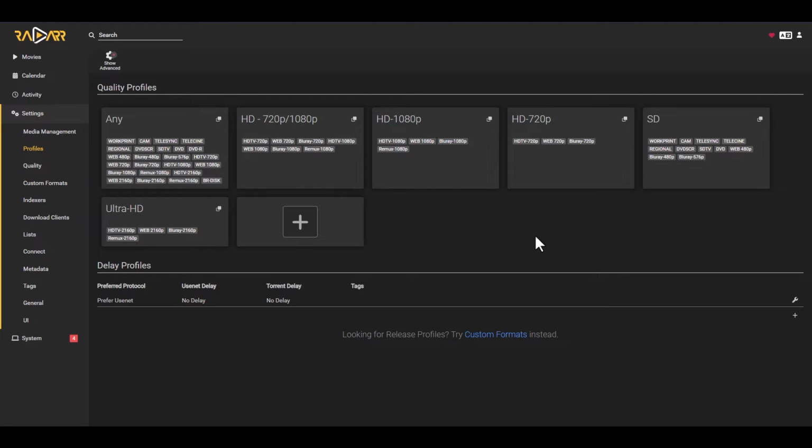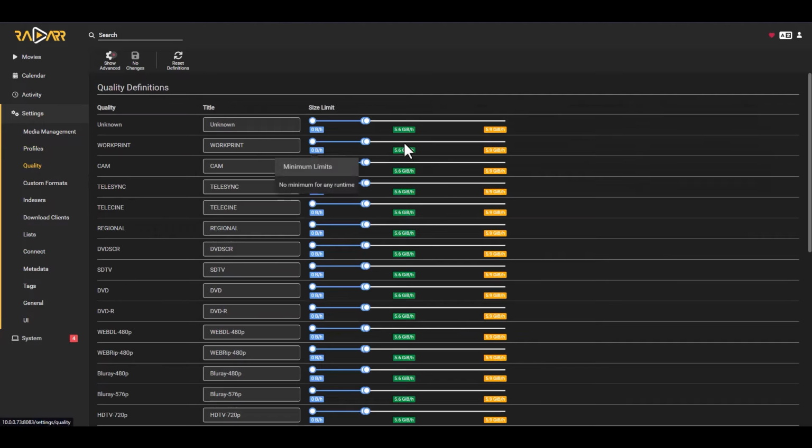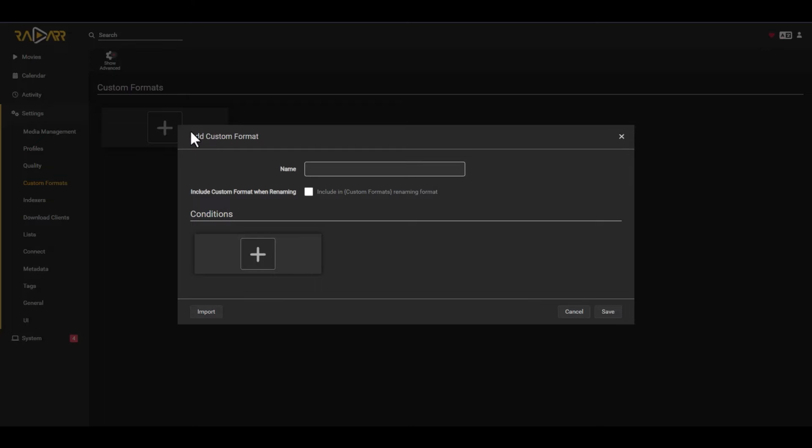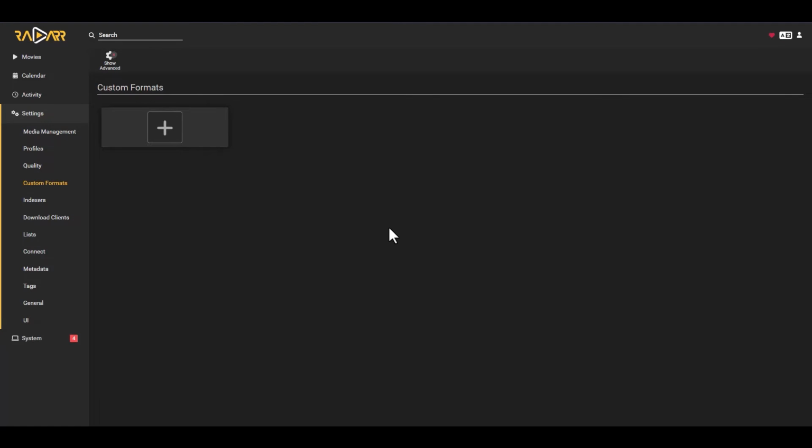Really, I normally don't change anything here. This is just if you want to tweak the files that you want to download for each version quality. But honestly, I don't make any changes here. If we go into the quality, we can specify sizes that correspond to the qualities. I also don't touch this, so for me that's a skip. If we go into custom formats, I don't really do anything with this one. You can search on the application documentation what it's used for, because honestly I don't touch it and it hasn't